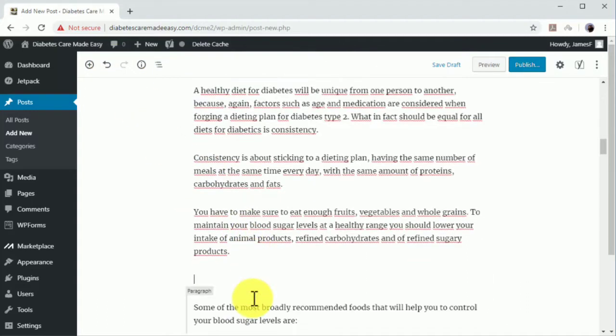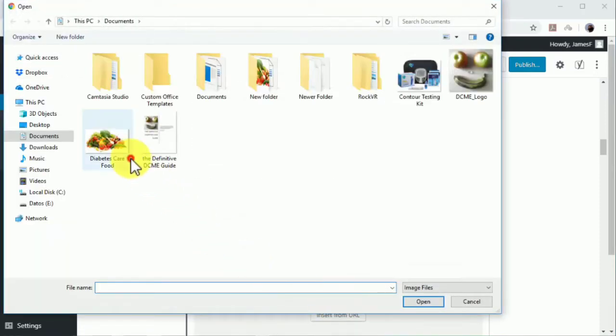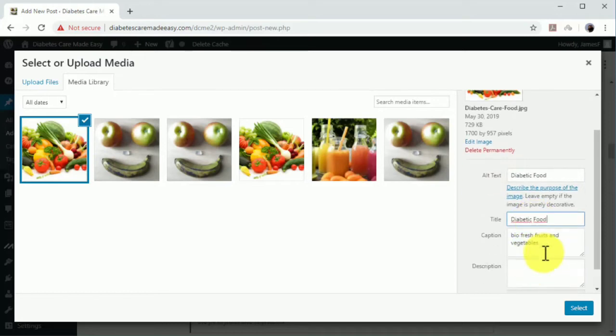First, separate text in an entry after the third or fifth paragraph by placing the cursor at the end of the paragraph and pressing the Enter key on your keyboard. Now click on the Add Image button. Now upload or select an image from the media library. Now enter a high-volume search term or keyword on the title and alt text fields. You can also add a comment about the image or about the entry into the caption field.